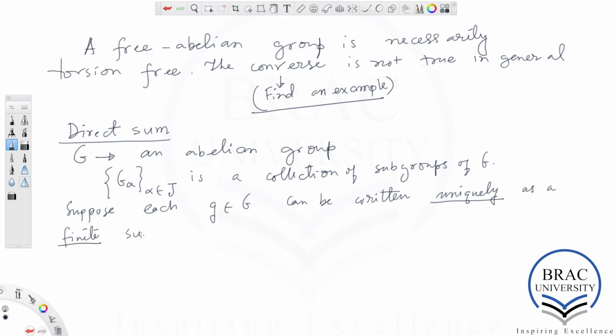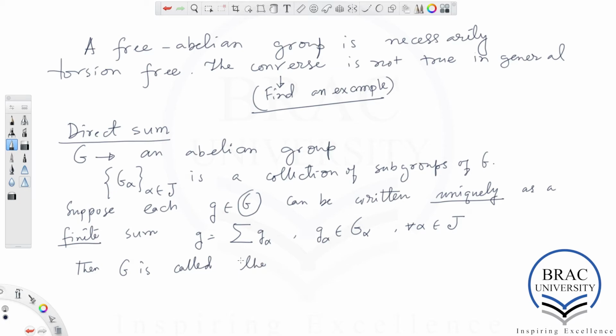The sum has to be finite as well. g is equal to the sum of g alpha, where each g alpha belongs to big G alpha for all alpha in the index set J. Then G is called the direct sum of the groups G alpha.